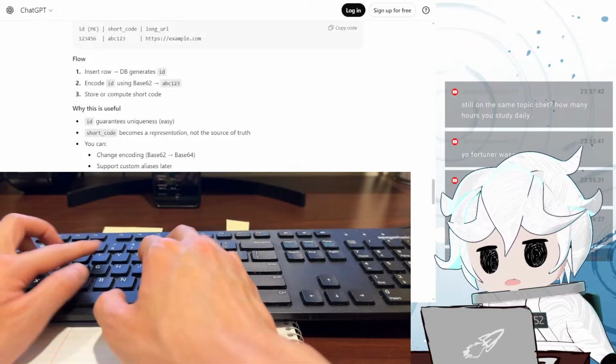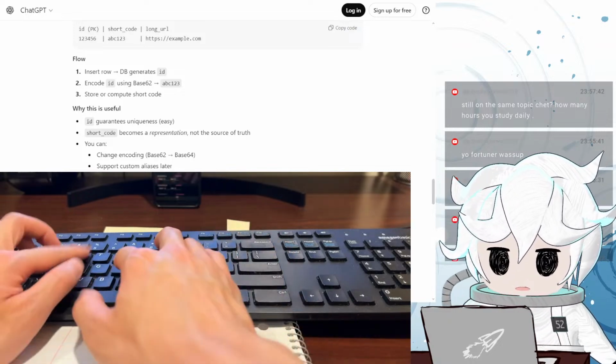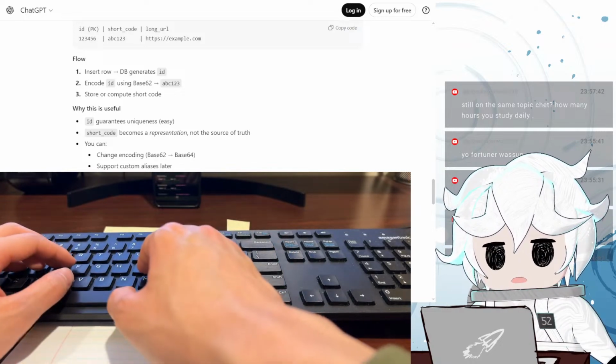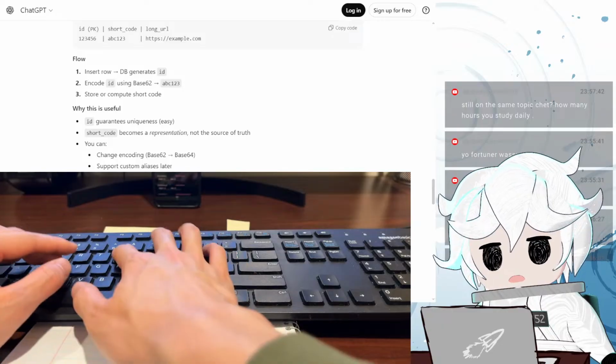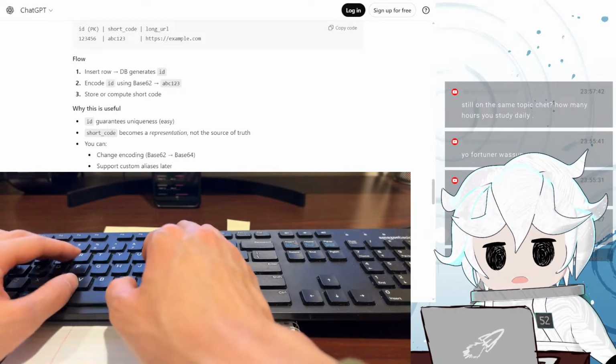Doesn't the shortcode already need to be unique?